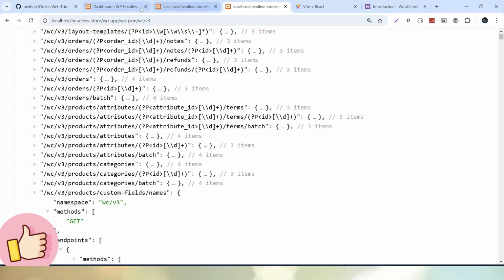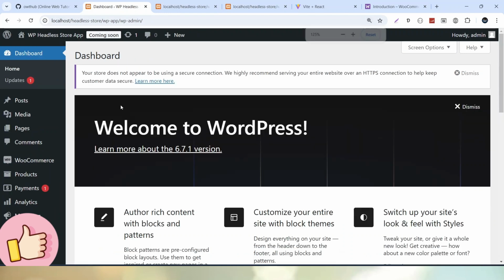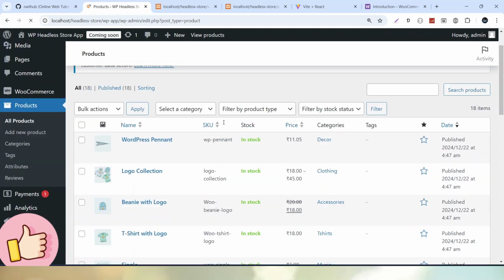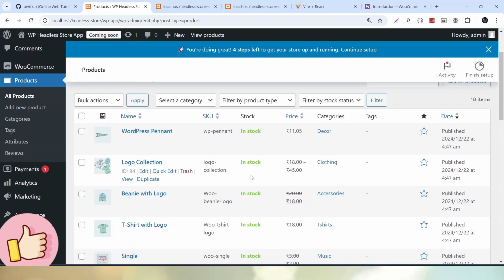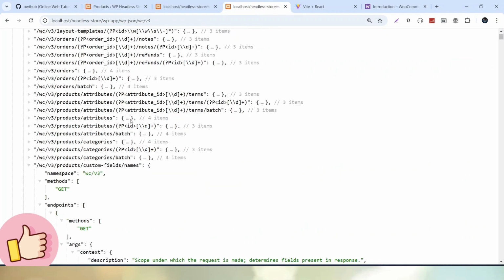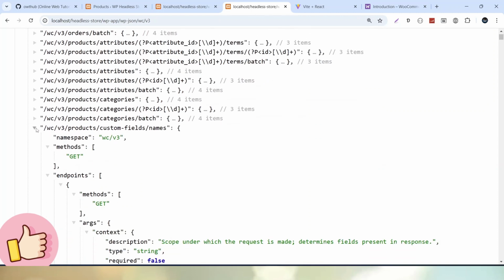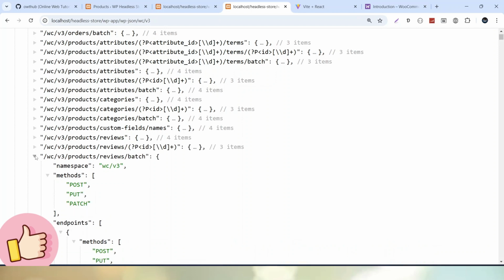For example, if I go back to this WordPress dashboard, let's click on this products menu. Remember, in our last video, we also imported some sample data inside this products store. Now I want to call the WooCommerce APIs and list all these products. So what is the process to list all these WooCommerce products? First, we have to go inside this APIs list, and if I go and close one by one again,